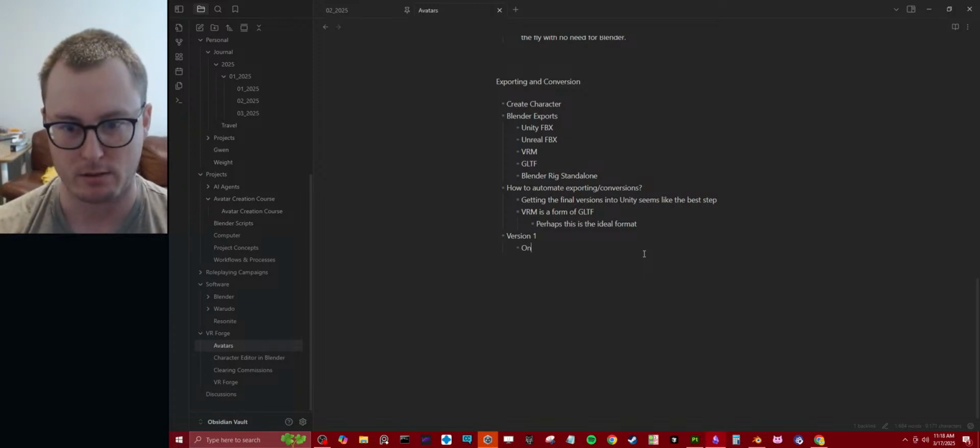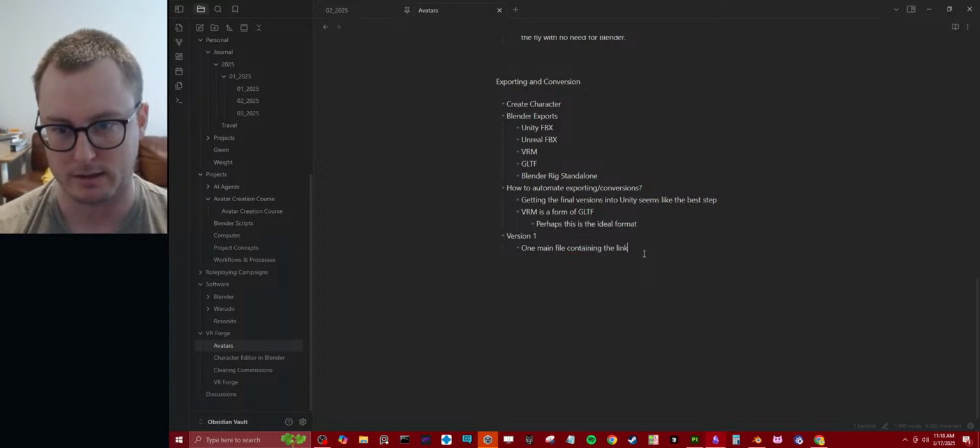We have one main file containing the linked collections of the characters we want to export. For each collection in the scene, we will enable the scene,